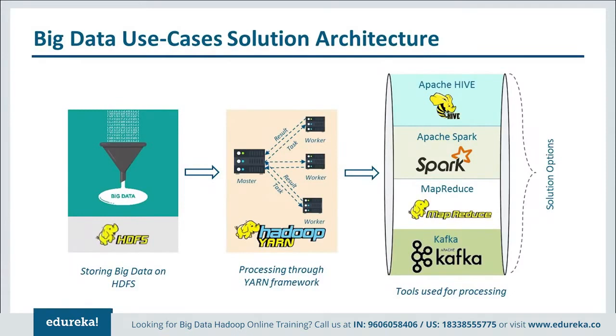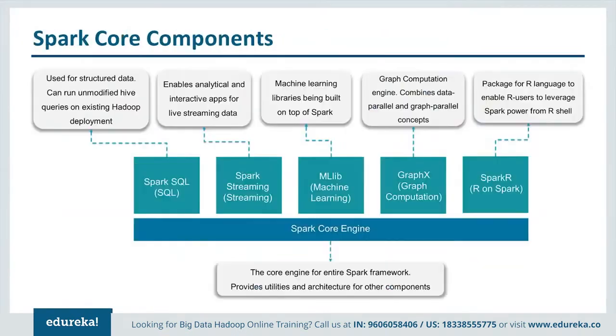Now let's take a look at Apache Spark. Apache Spark is an open source cluster computing framework for real-time processing, and it has a thriving open source community and is the most active Apache project at this moment. Spark components are what make Apache Spark fast and reliable, and a lot of Spark components were built to resolve the issues that cropped up while using Hadoop MapReduce. So Apache Spark has the following components.